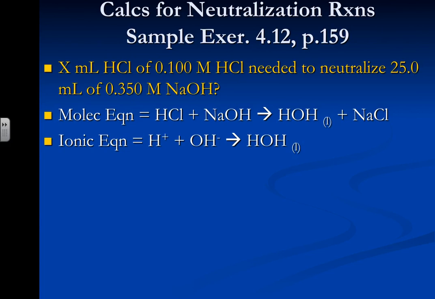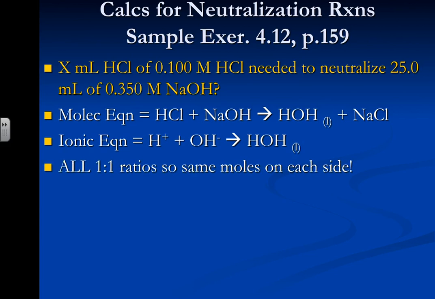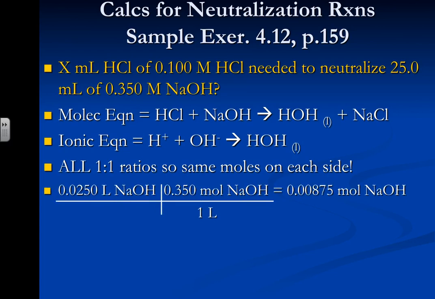Again, we're reacting a strong acid and strong base, so we have our net ionic equation, which is just that of water. And now, noticing everything is a 1 to 1 ratio, meaning that whatever I react, that's what I'm going to create. That's going to be really helpful. So first things first, you notice that the two values that you were given that go along with sodium hydroxide can be used together to cancel out liters. So you can see my math there. When I cancel out my liters,